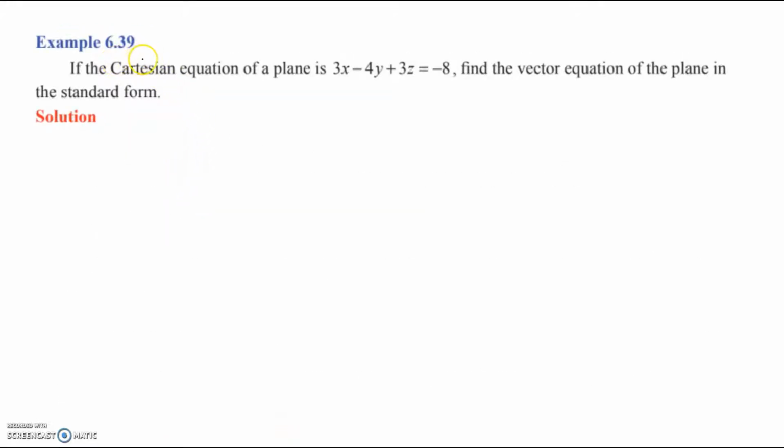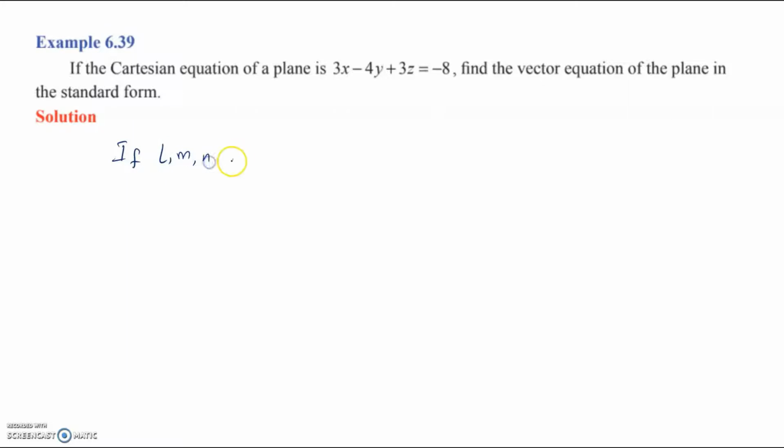Example 6.39. If the Cartesian equation of the plane is 3x minus 4y plus 3z is equal to minus 8, find the vector equation of the plane in the standard form. So what we are given is the Cartesian equation. We know that if